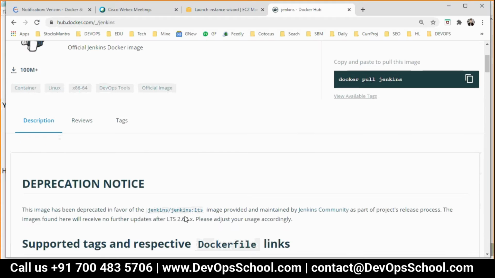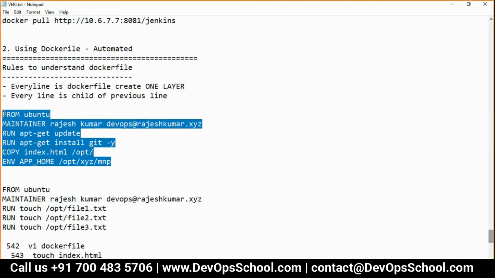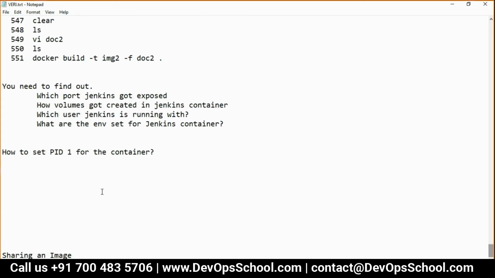let's trace back. Learning from this is okay, but if you really look at the file which has been developing the Jenkins image, which you've been using for the last 2 days, Jenkins is not a small application, right? It's a CI tool, a very popular, stable, Java-based CI tool. So if you look at that tool, we'll understand how we can plan and create images for our own products also. Accordingly, you can plan it out.